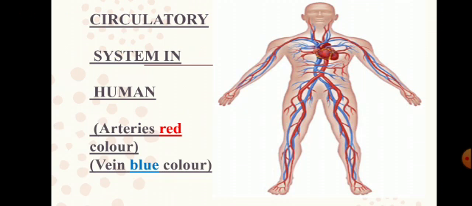Our body contains 3 types of blood vessels based on the function that they perform. The tubes are pipes that carry blood throughout the body. It runs between the heart and the rest of the body. There are 3 major types of blood vessels in our body: arteries, veins and capillaries.